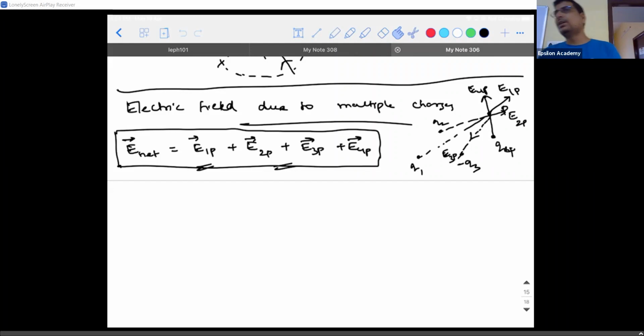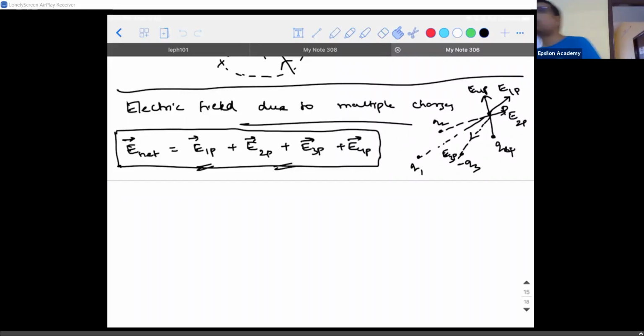If you want to find the electric field due to a system of charges, let's logically think of this fact: for you to find the value of electric field, what is the minimum number of charges required? One, because the formula says kq by r square. Q itself is sufficient and you need to know the distance where you are calculating the field. So instead of having only one charge, there might be a system where there are multiple point charges. If you want, you can extend it like this.